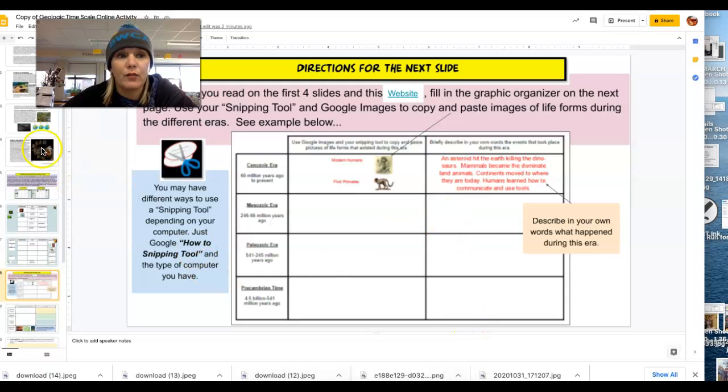And you can find that information by looking back at those first 4 slides, or if you want some more detailed information, go ahead and just Google Cenozoic era, and you're going to find a ton of information on it, or the Mesozoic era, ton of information, okay? And then you are to find a couple pictures that represent some of what you are talking about in your